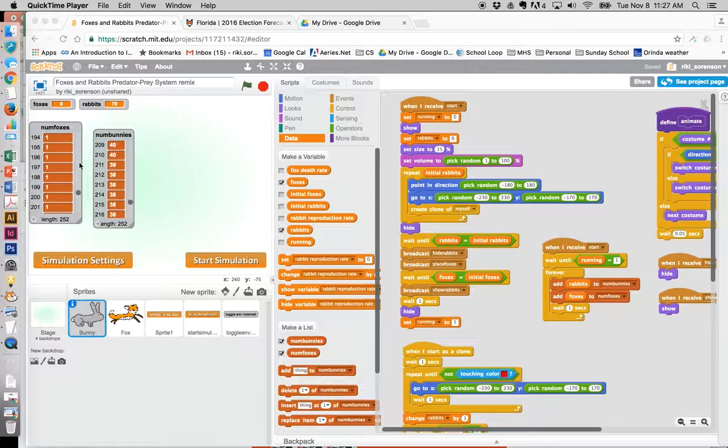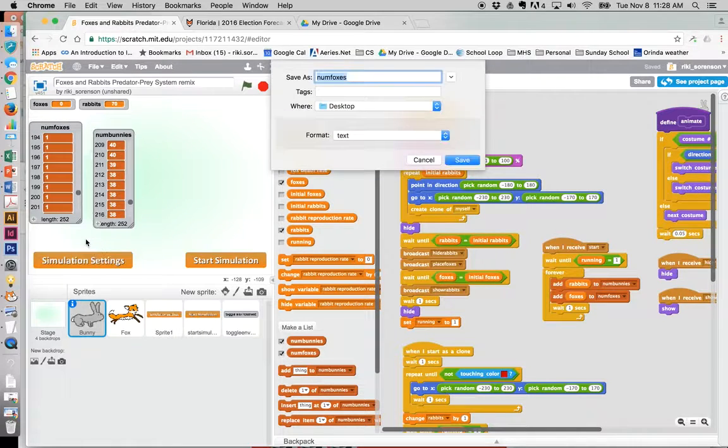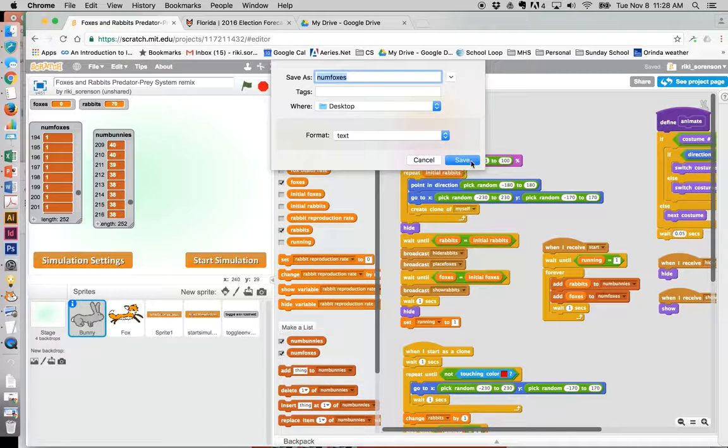So once I've got my list with the number of bunnies or the number of foxes at a given moment of time, simulation is done. Now I want to export that data to get it into Excel or Google Sheets so I can graph it. So here we go. I hit the control button and then I hit export. And that's going to go to a little text file, and I'm saving it on my desktop. You could save it somewhere else on your documents or wherever you like, but somewhere you can find it. So I'm just putting it on the desktop of the Mac for now so I can find it quickly. I'll hit save,